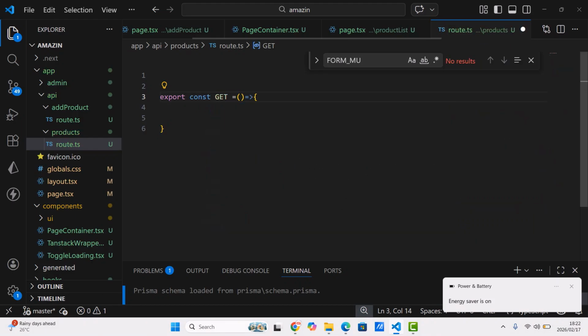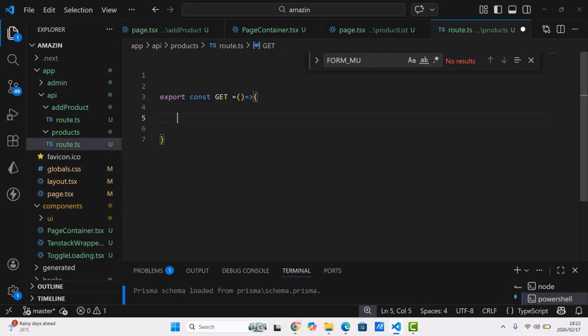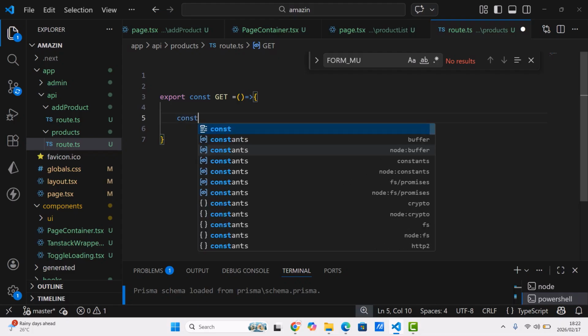Sorry about this. Export const. As you can see, do we need some sort of query parameters? I don't think we do for now. Okay, believe me, I don't think we do. So what we want to do now, we want to use const